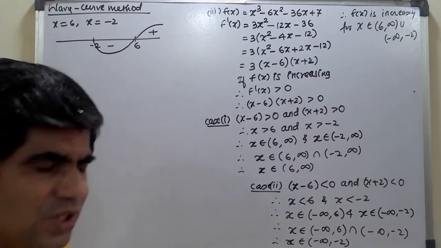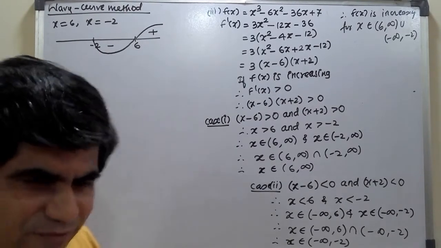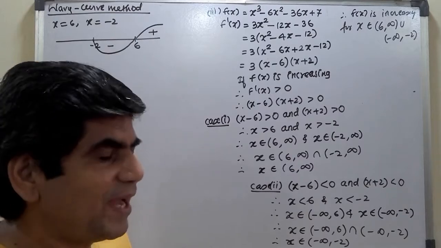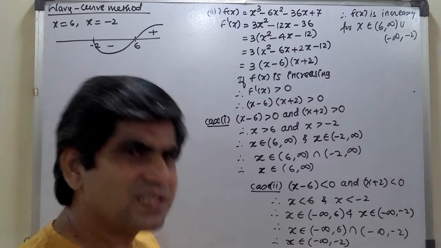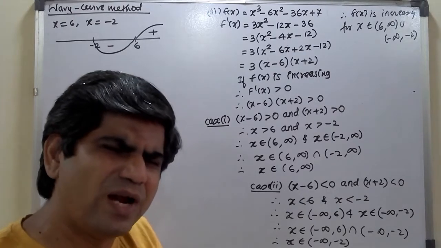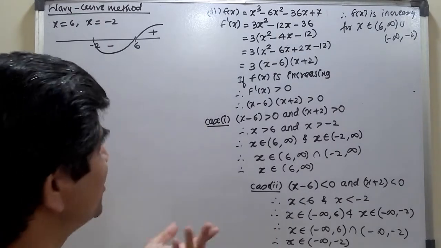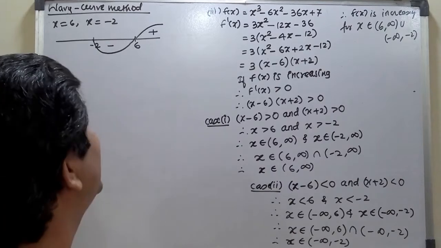Before minus 2, that is, less than minus 2. Before minus 2 means less than minus 2. So less than minus 2, which value will we take? Shall I take minus 5? You can take minus 3 also, or minus 2.11111 also. But take a value which can be easily solvable. So what to take? Minus 3.